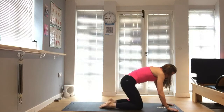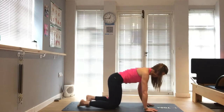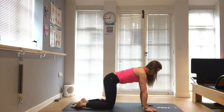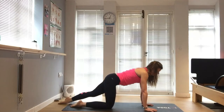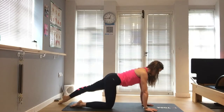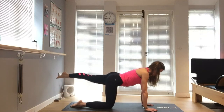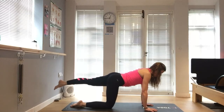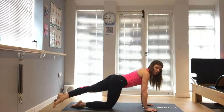And then come back up onto your hands and knees, hands under shoulders, knees directly under hips. Adjust yourself if you need to, make your spine long from your tail to your crown of the head. We're just going to slide our left foot back, keep that toe down, and challenge your balance, and then float the leg up. We're going to open it out to the side and close it in, crossing it over and